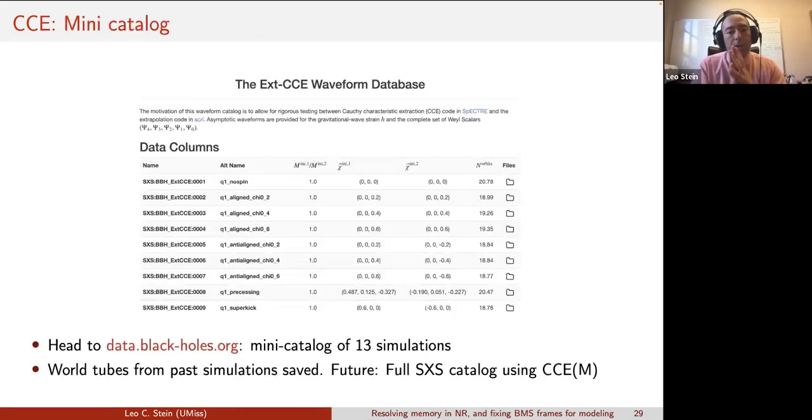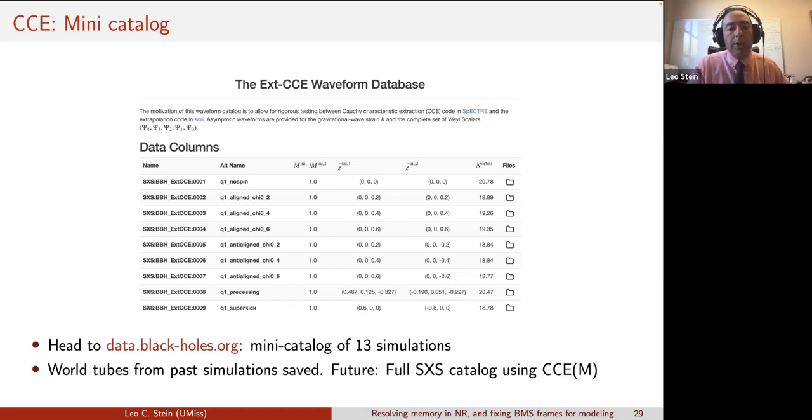Okay, now, so we have this code in-house, and in the future, we will make all of the public waveforms using either CCE or CCM. We haven't done that yet because putting together one of these big waveform catalogs is a lot of work. So far we have released only this tiny mini catalog of 13 simulations. But if you go to data.blackholes.org and you want to play around with waveforms that actually include memory, where it's